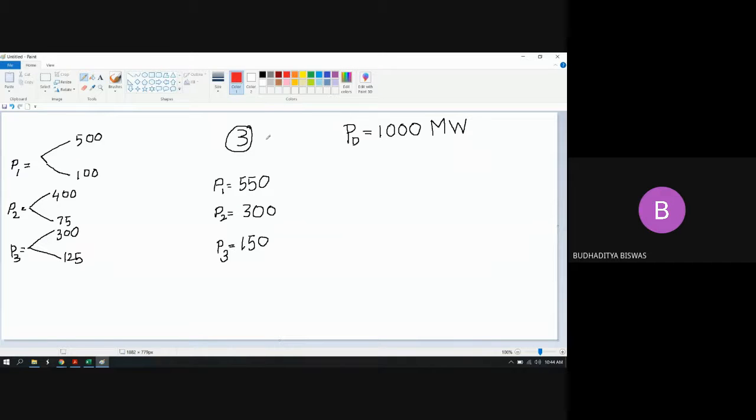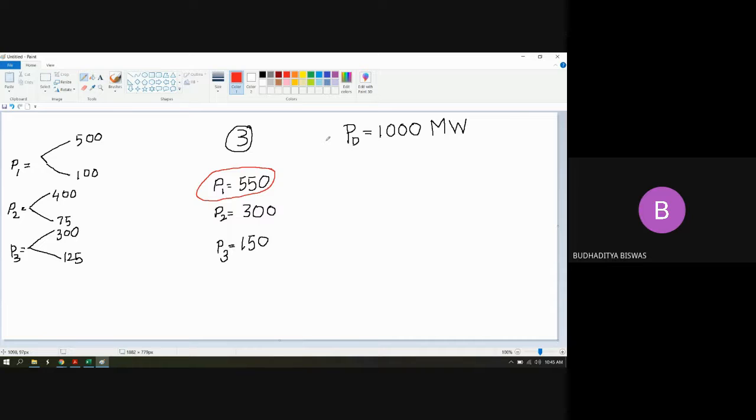Now here you see what the problem is. P1 has an upper limit of 500 and a lower limit of 100, and the generation of P1 is 550 after applying the coordination equation. So this crosses the upper limit, and that's why this is not economical. Is the solution economical? No, because this crosses the upper limit of the generator P1, or the alternator P1. If something crosses the limit, then it is overloaded. Overloaded or underloaded, both conditions do not give you the economical or optimum economical operation.